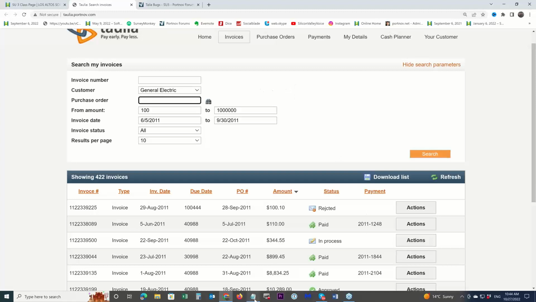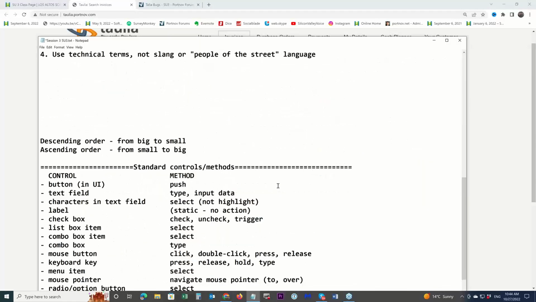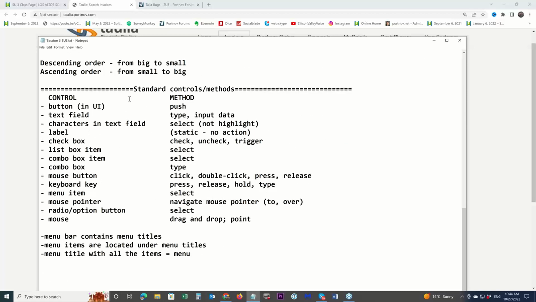I have some kind of dictionary for you at the end of the page, and not just the names, but also the methods we use. For example, if you have a button in the user interface, you push the button, you do not click the button.